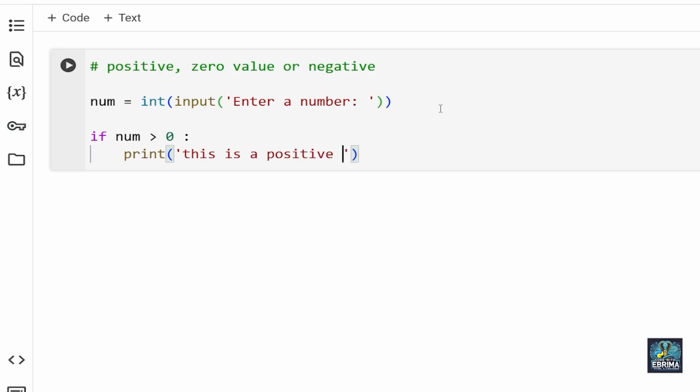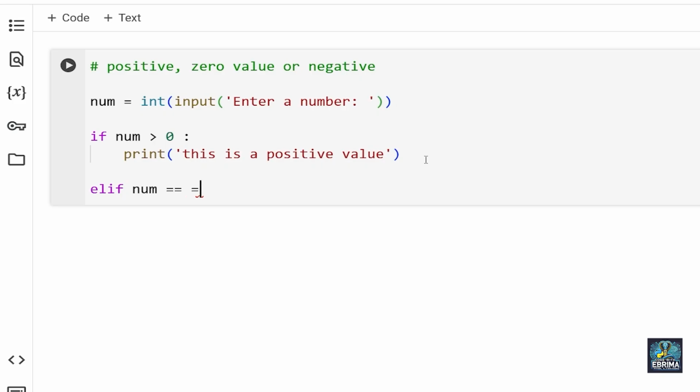The next thing is the second condition. We said positive, so now it should be the zero value. Now we're going to use elif. So I'm going to say elif num is equal to 0.